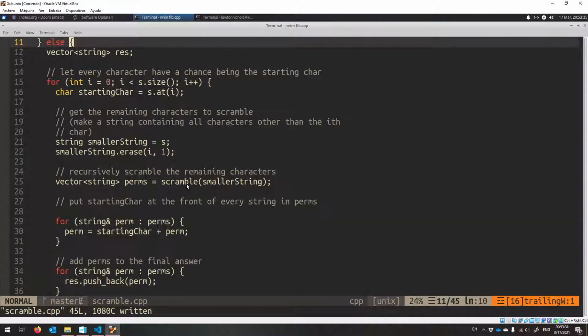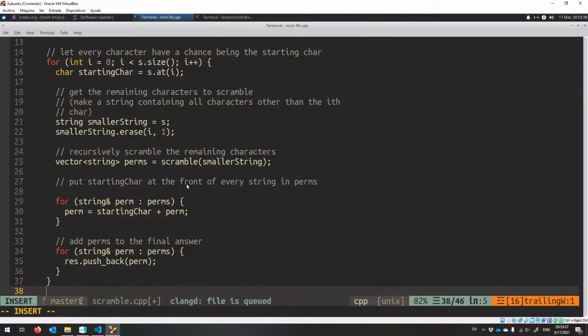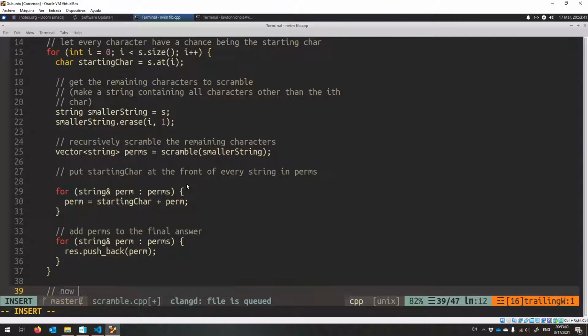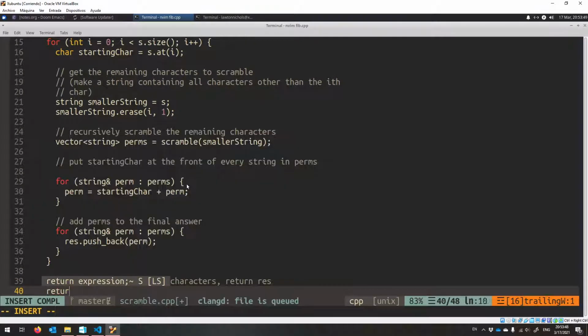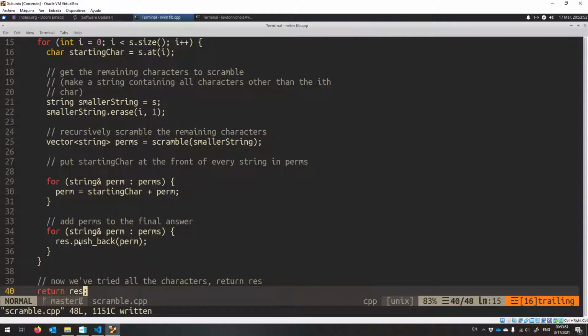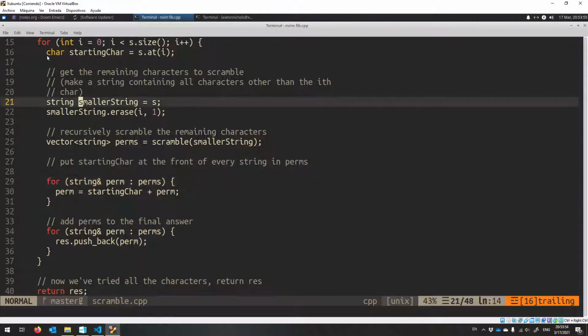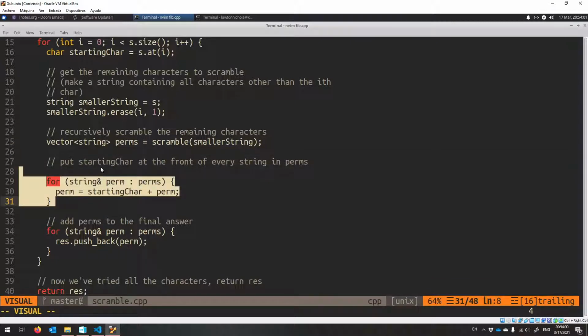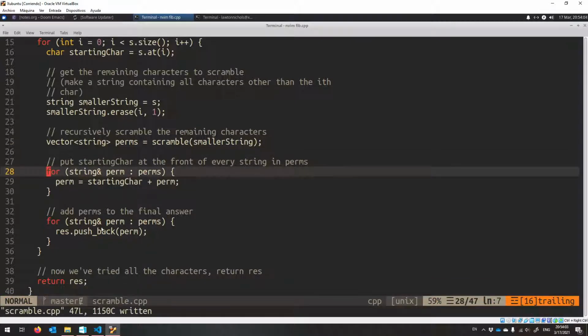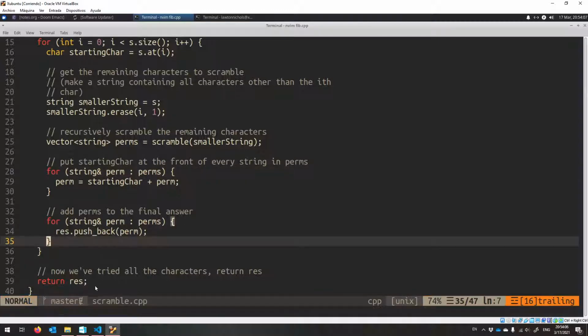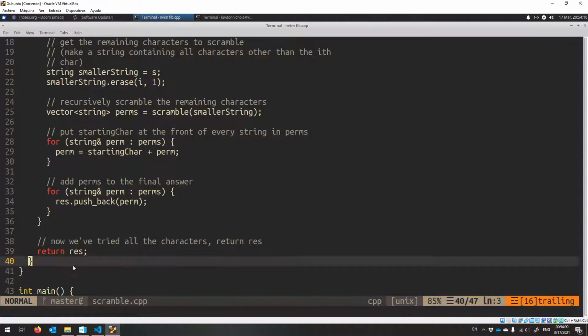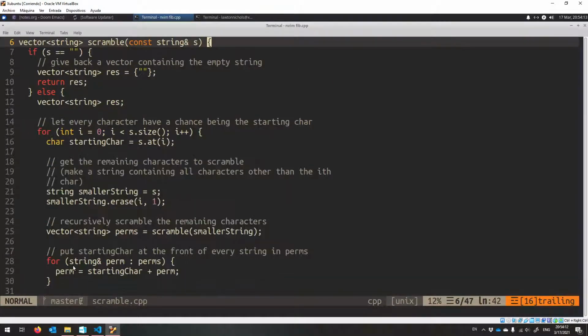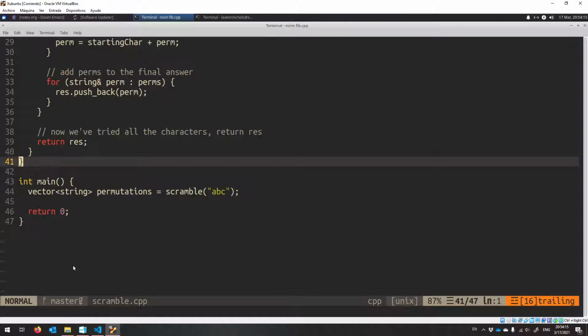And then at the very end of all this is the else case still. Once we've finished adding to res, return res. That has all our permutations that we were building up in all of these cases. We picked a starting character, we recursively scrambled the rest of the characters, putting the starting character at the front of all of those permutations, and finally adding to our result set. So I'm pretty sure we have done everything. I might have made a silly mistake somewhere, and we will see that soon enough, but that is how you